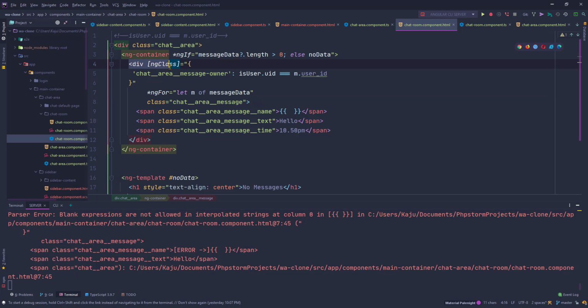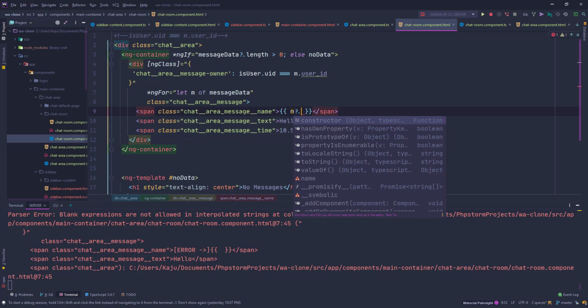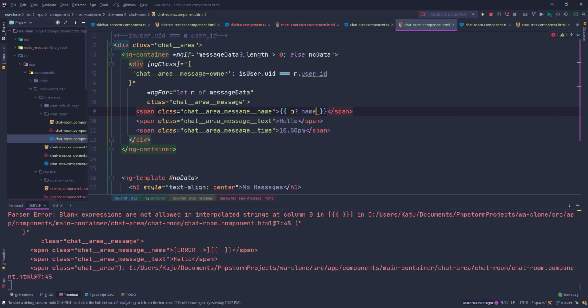So into let m of message data. We are repeating this div multiple times. That is the length of this message data variable. Each time there is a message, I'll put m dot name here. Text will be m dot message,